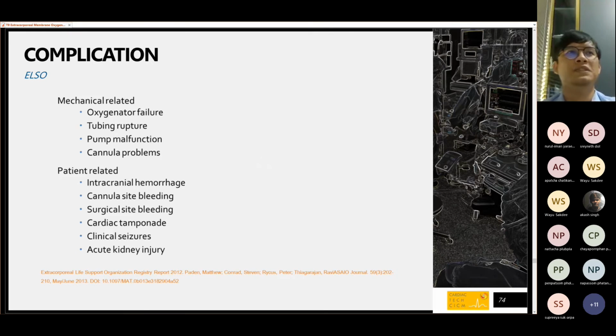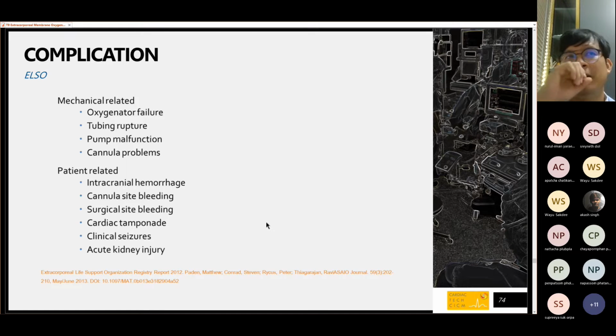Complications can be classified into mechanical-related and patient-related. According to the ELSO registry, they collect the number and classify the complications into main types like this. You can see the main ones are oxygenator failure, rupture, or something like that. The patient-related ones focus on the four main